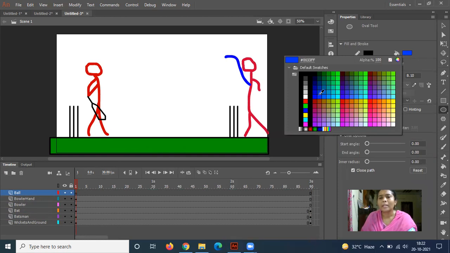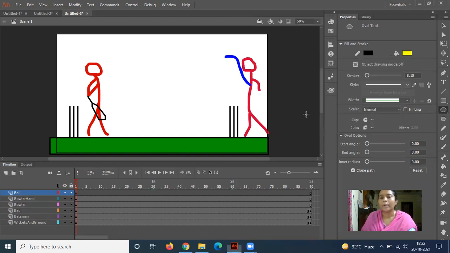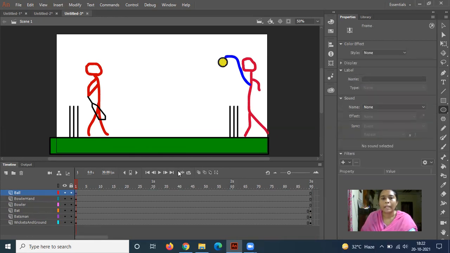There should be a difference of color, so you select any color. Let it be yellow. With the help of the oval tool, you just draw a ball. If it is okay, you just keep it like that, and if your mouse is not working, you arrange it with the help of the arrow buttons on the keyboard.